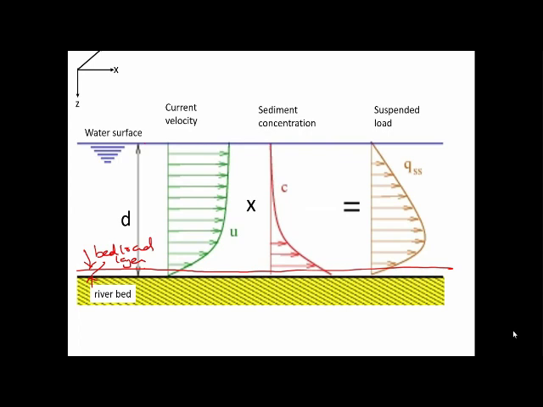You multiply by the sediment concentration C, and then what you have here is your suspended load. Kalau you tengok your suspended load ni, dia actually banyak terapung lah in the water column. Okay, so this is your